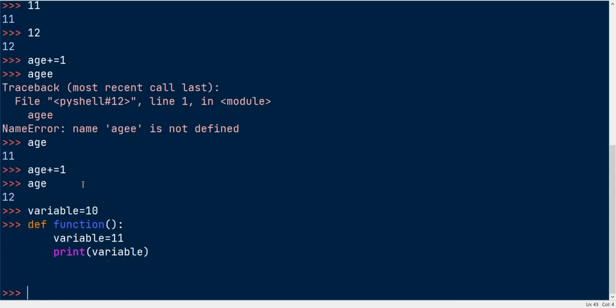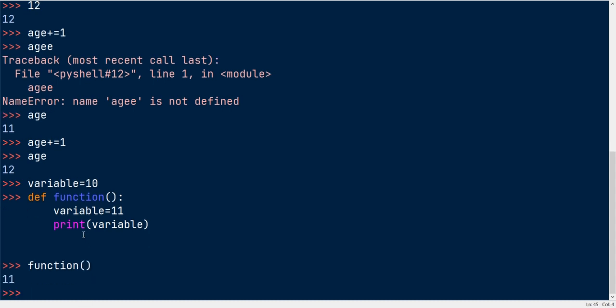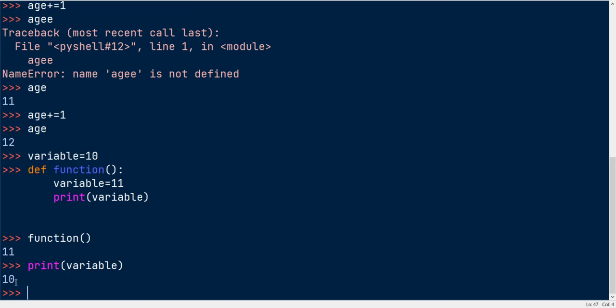It doesn't return anything because I have never called the function. Most of the time we define a function and don't call it, which makes us feel bad. If I call the function, it returns the value 11 which was stored in this variable. Since this is a global variable, this local variable won't affect the global variable. So if I print the variable here, it just returns 10.